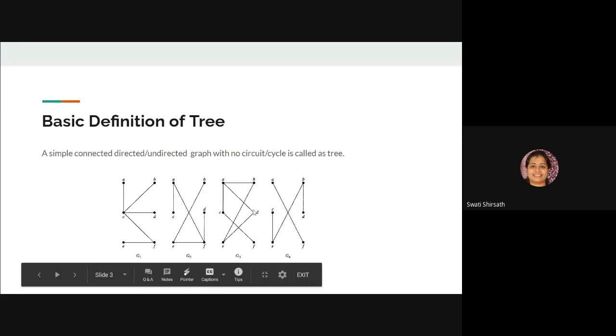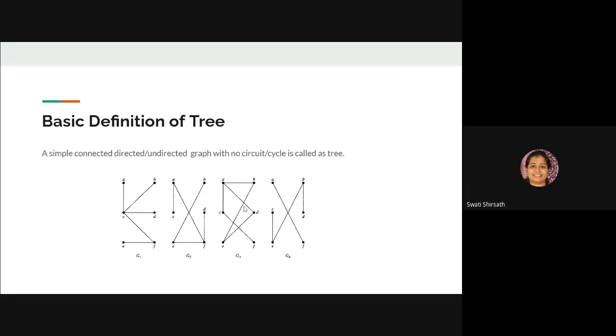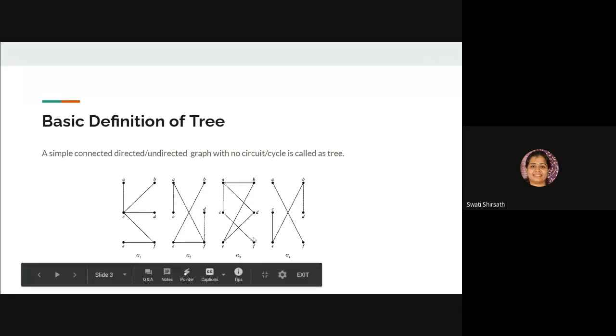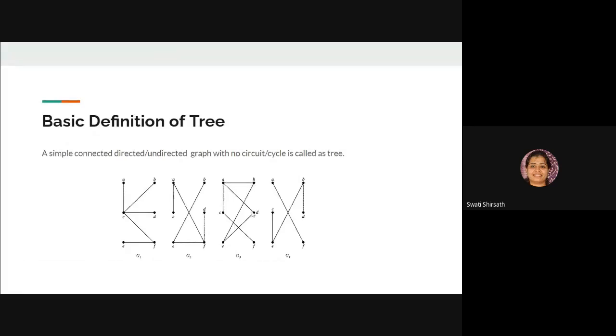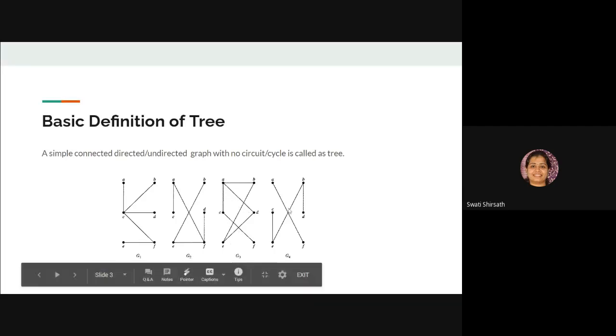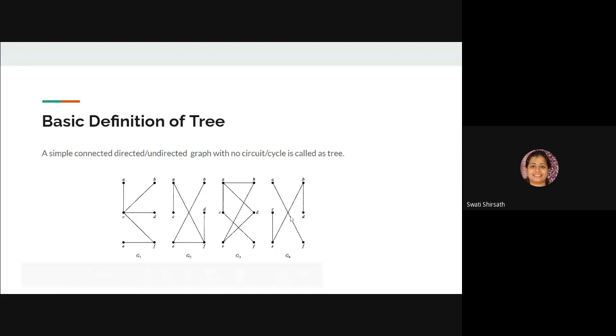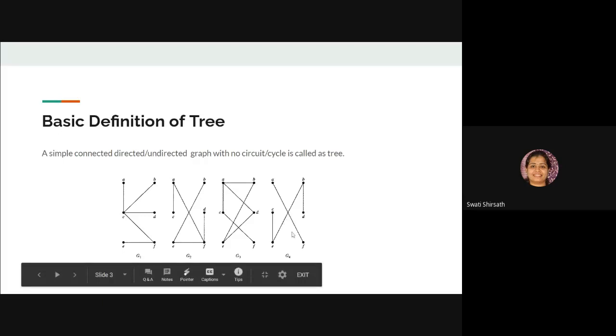But if you look at this diagram, is there any circuit? No, there is no circuit. It looks like there is a circuit, but it is not getting completed, so I think it is not a circuit. See, if you start from here, here, here, here, and here, yes, there is a circuit like this. So this is not a tree. Okay, this is a tree. It is open. There are no closed regions in this graph. Such graphs we call a tree.